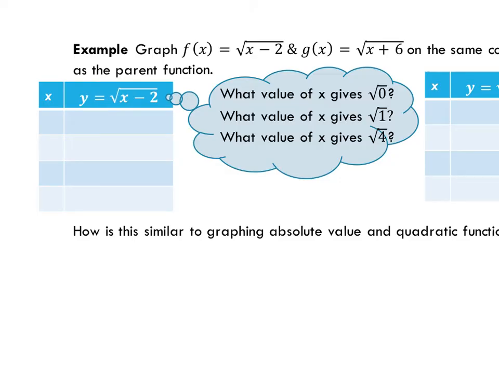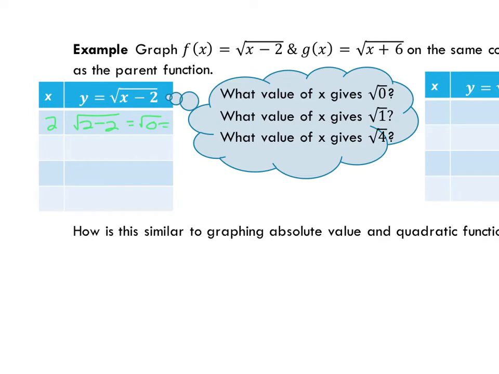To discover the shifts in f of x equals the square root of x minus 2 is a little trickier because the shift is underneath the radical. So I'm thinking in my mind for this first time, what value, when I substitute in for x, gives me the square root of 0? Hopefully you recognize that it's 2, because the square root of 2 minus 2 is the square root of 0,